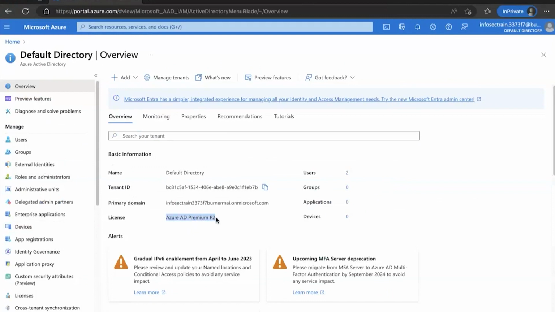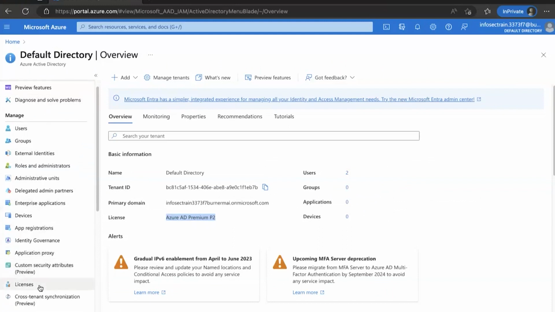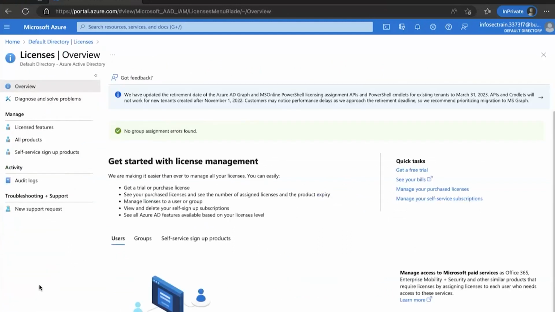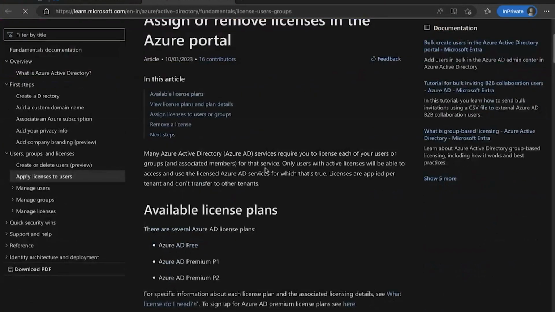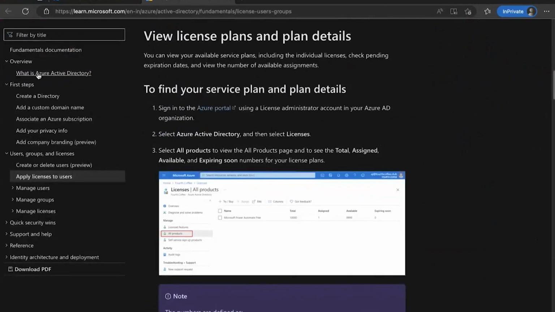Active Directory works with different tiers of licenses. If you go to the left hand side, to licenses, this is the licenses page. You can go in there and try to understand what will be there, the security license and all. These links will help you understand what Azure Active Directory is first of all.